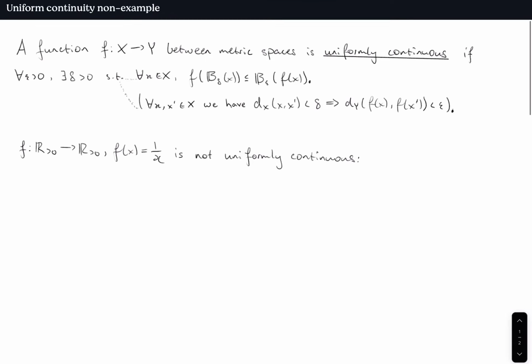All right, so I'll be going through an example, or a non-example, here of where this function, f of x is 1 on x, is not a uniformly continuous function. Right? So I've given the definition, I've done some preparation, so here we have the definition of uniform continuity, and